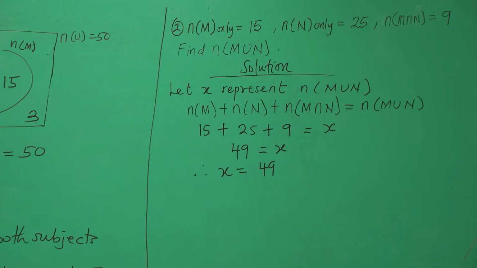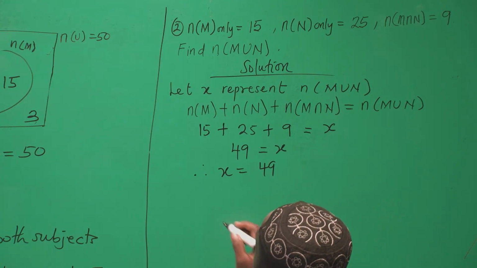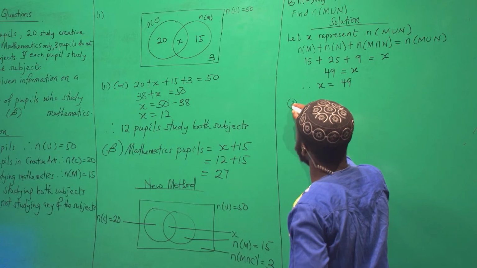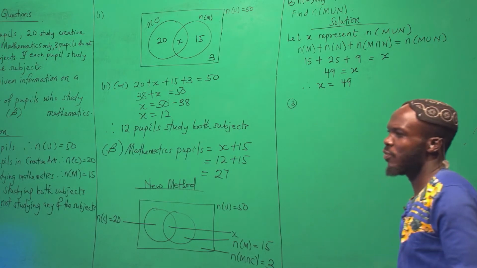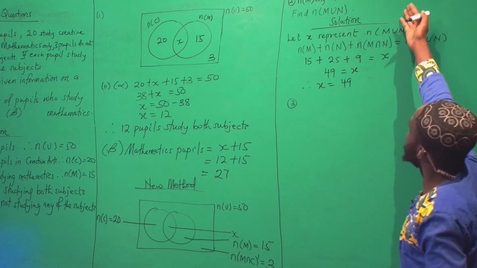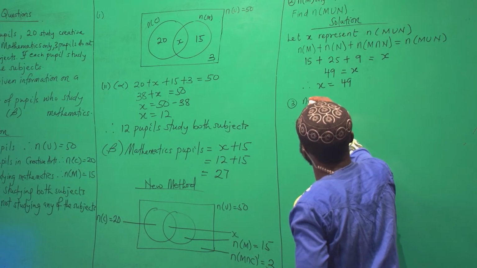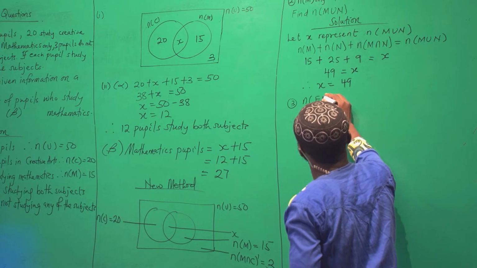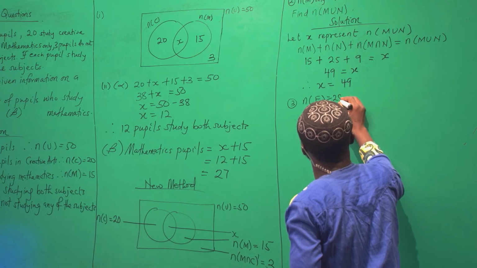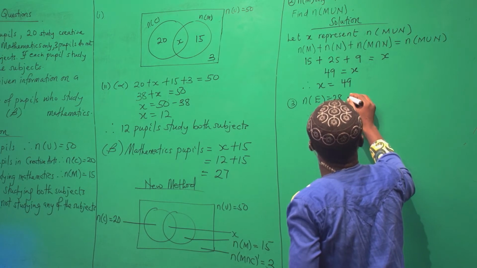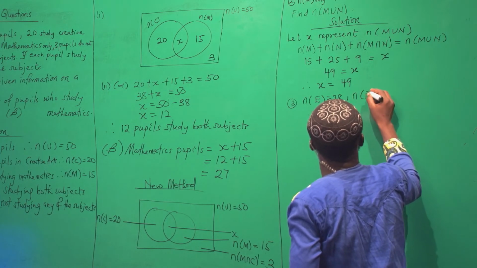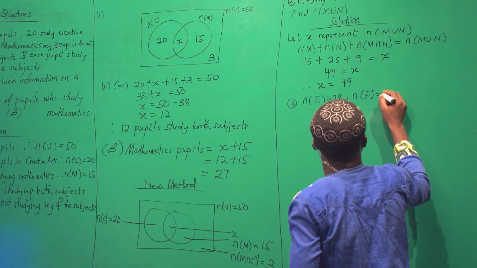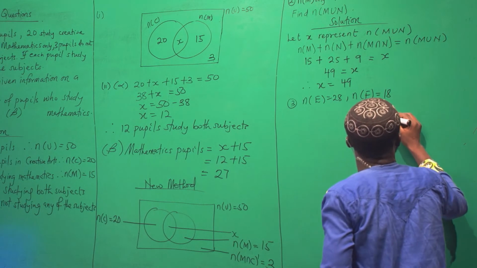And that is the answer. Let's take another question. But this time, let's try deviating from the "only" type of questions, and let's visit the "raw" type of question. Using this same way, let's say n of E is 28, then n of F is 18,